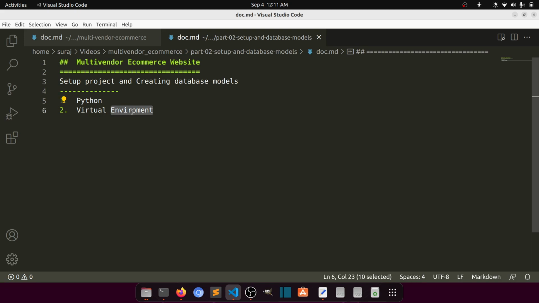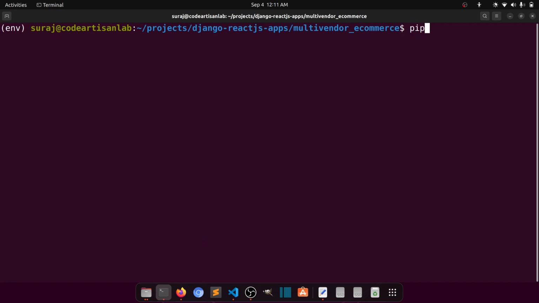Like if you have used Node.js or Ruby, they have default commands: Node.js has npm, Ruby has gems. Similarly Python has the pip command, like PHP has composer. With the pip command, when you go to the command line, you can simply run pip install